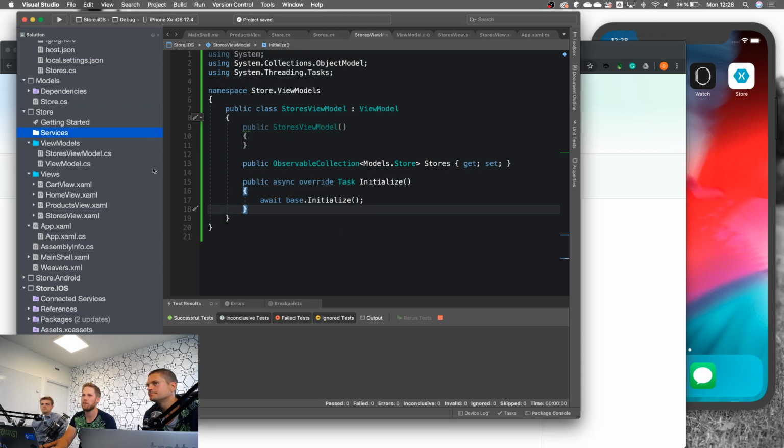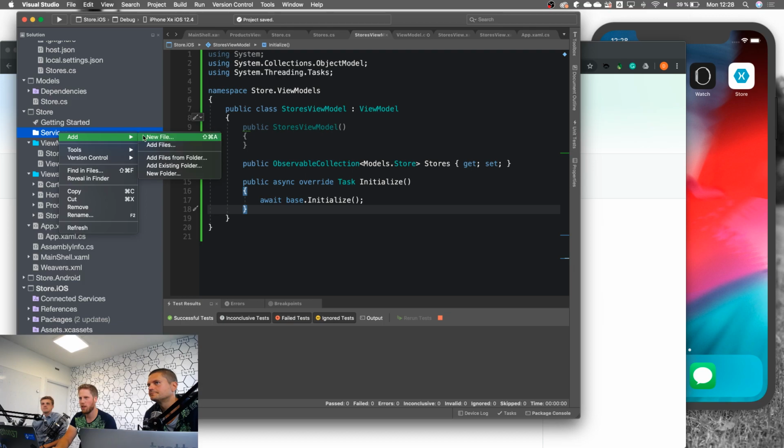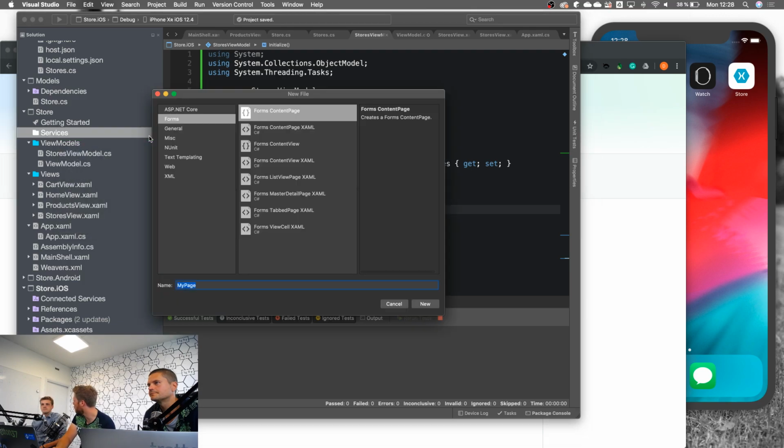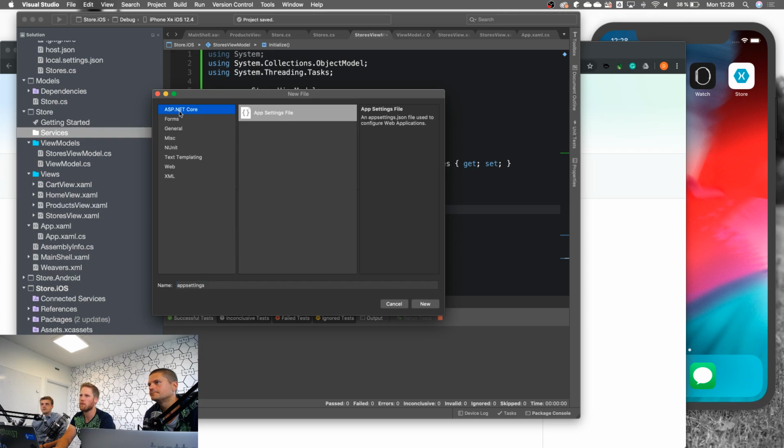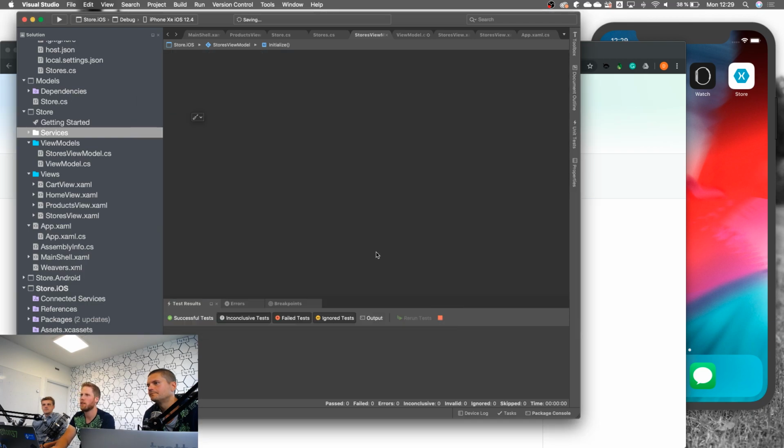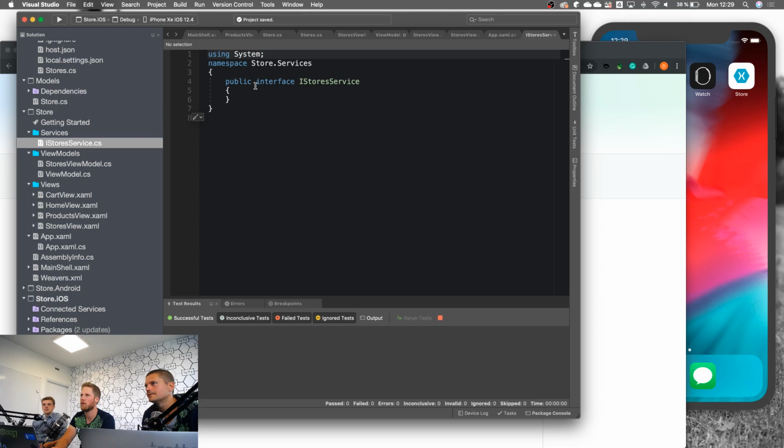Services. Then we of course need an interface to make it testable. Interface, empty class, IStoresService. It was Source, correctly spelled. Yeah. So just Task